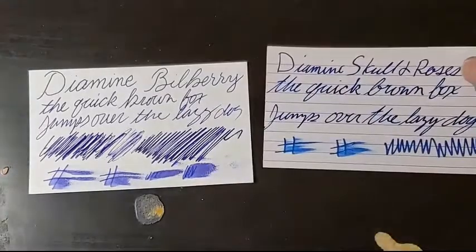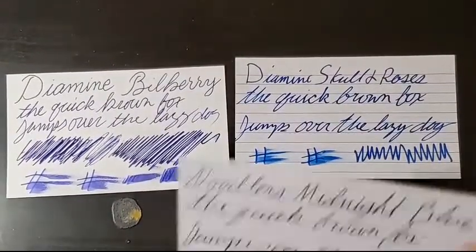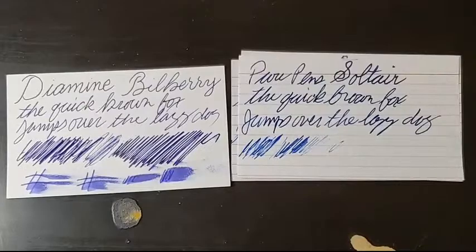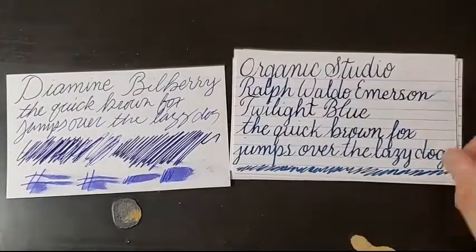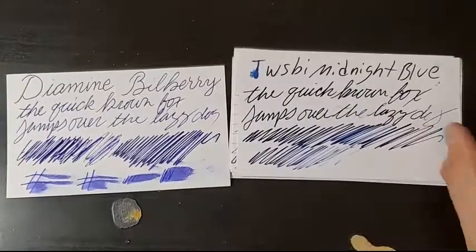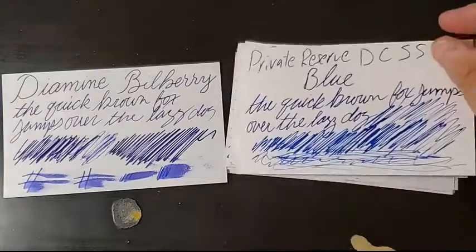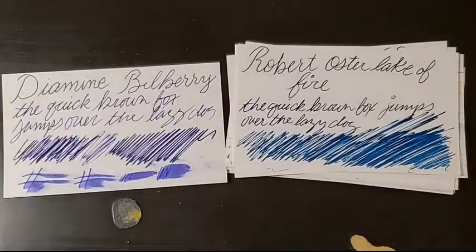So this is Diamine Skull and Roses. Midnight Blue. Fountain Pen Revolution Blue Black. Pure Pens Saltaire. Nemesine Blue Snowball Nebula Twinkle. I need to redo this card. Organic Studios Ralph Waldo Emerson Twilight Blue. Monteverde Blue Velvet Cake. Twisby Midnight Blue. Diamine Bloody Brexit, Diatramentus Robert Lewis, Private Reserves Super Show Blue, DC Super Show Blue, Robert Oster Lake of Fire,